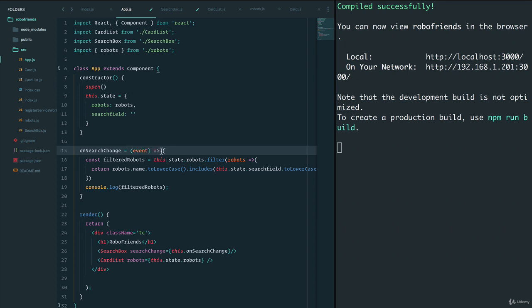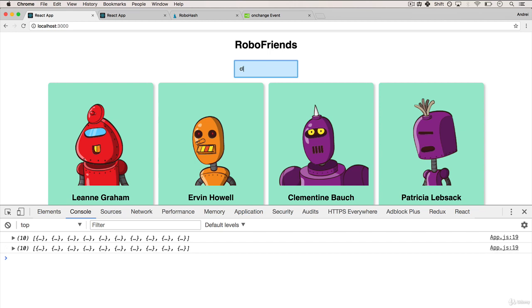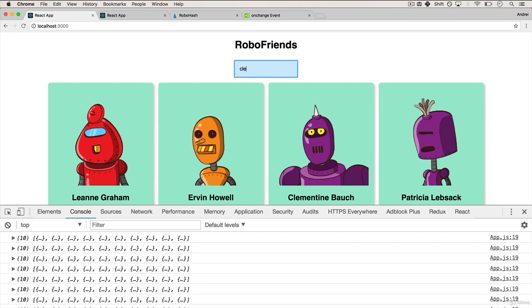And this makes sure that the this value is according to where it was created, which is the app. I know it's confusing. You can read up more about it. I'll leave a resource for it. It's a tough topic to get, but again, rule of thumb, use the arrows. If I do this now and I click, there you go. I now get